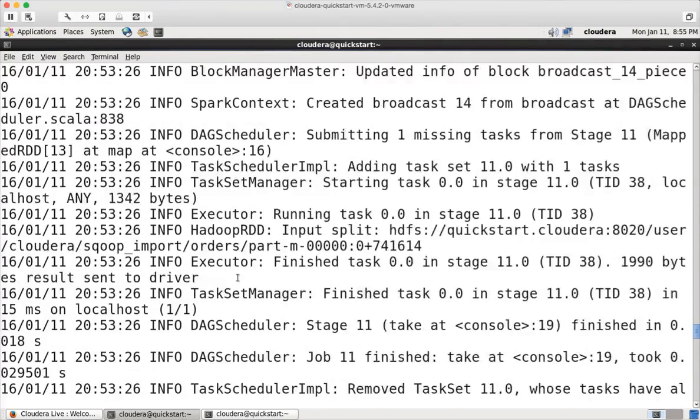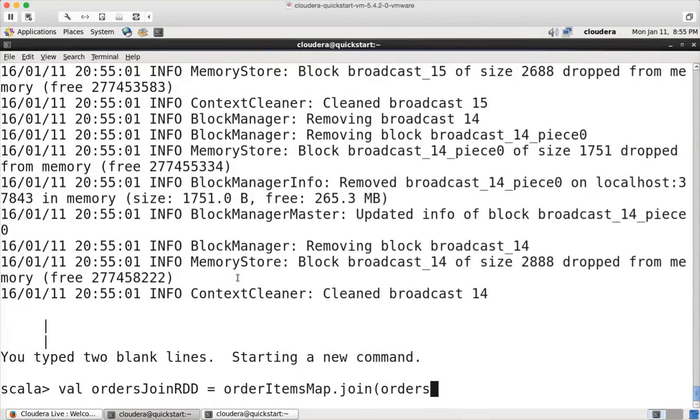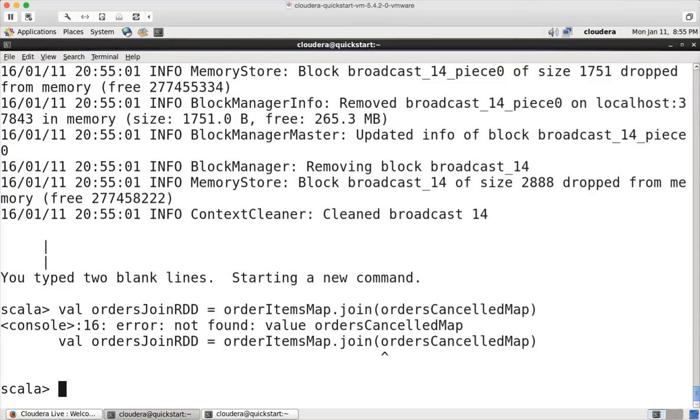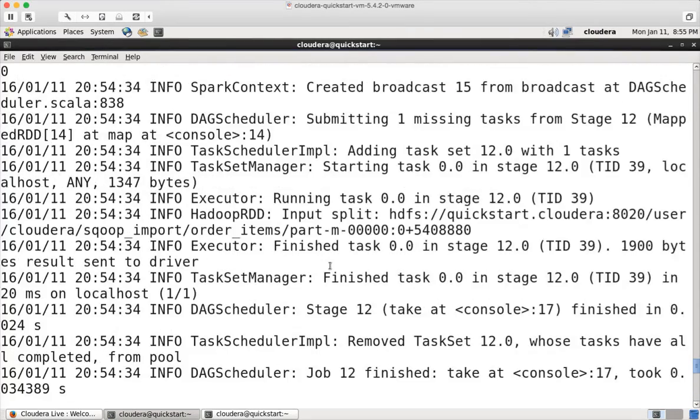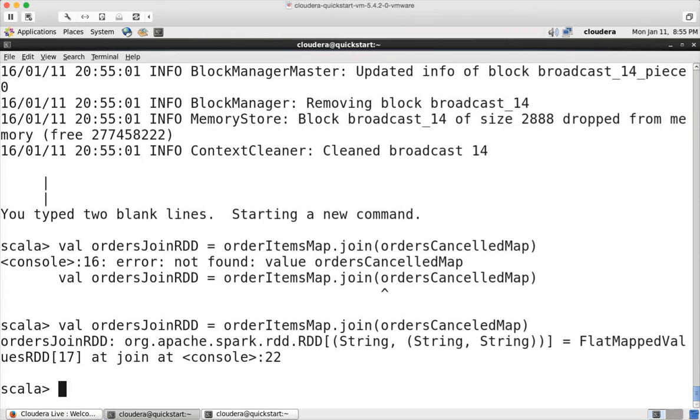I think orders cancelled map, orders cancelled map. Okay, orders, I think it's single L. Yeah, now you can say orders join RDD dot take of 5 foreach println,